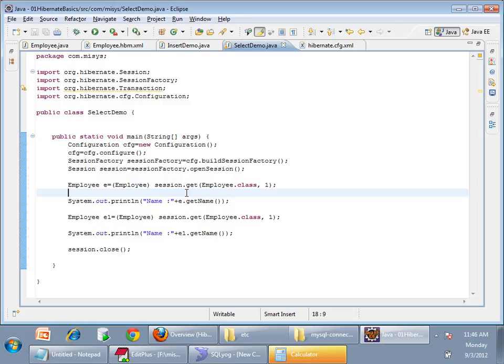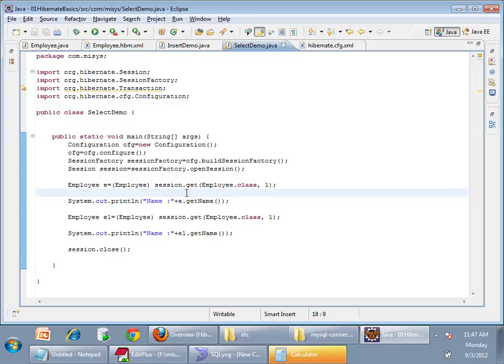When I say session.get, how is it firing a select query without opening a connection? That means the get method will check if there is already a connection open, use that connection, otherwise open a new connection. But remember, open session will never create a